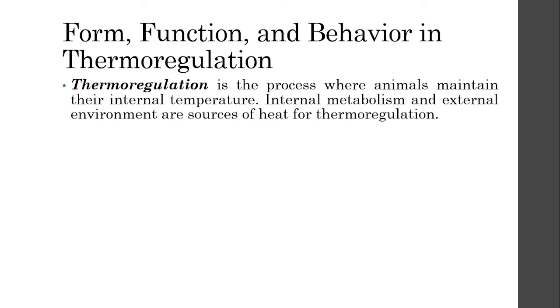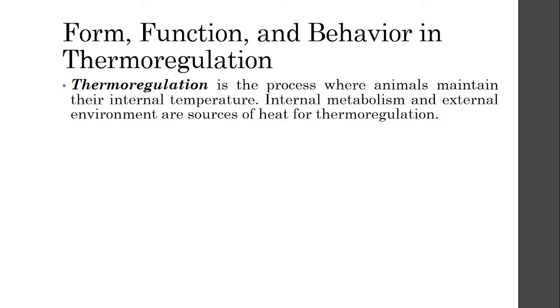Thermoregulation for a lot of animals actually involves form, function, and behavior. Without this form in the body, without the various functions that the body possesses, and a lot of the behaviors that mammals and other animals possess, thermoregulation will not happen. Thermoregulation, again, is basically just the process wherein the animal maintains its internal temperature. And again, this is important because if our internal temperature is not within the set range or set point and does not fall in the normal range, this could actually be detrimental to our survivability.